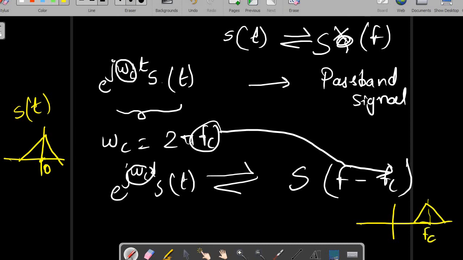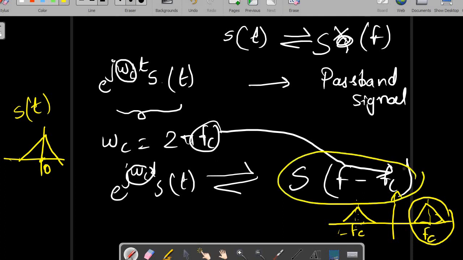So we have a non-zero frequency, and from the Fourier transform symmetry property we have minus f_c as well. This is just for analytical ease in calculation. That's why we use this f_c, and we will see how this f_c is useful in transforming the signal